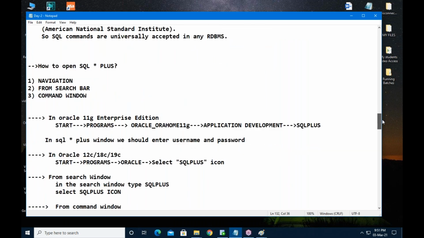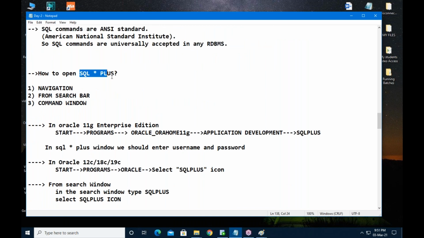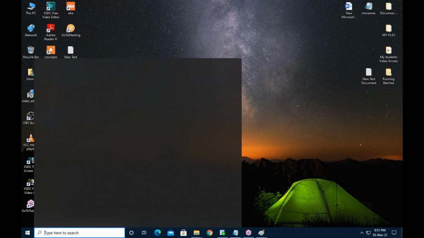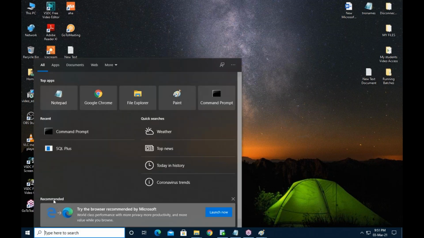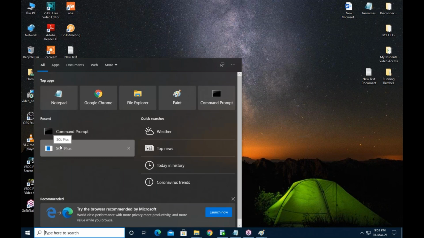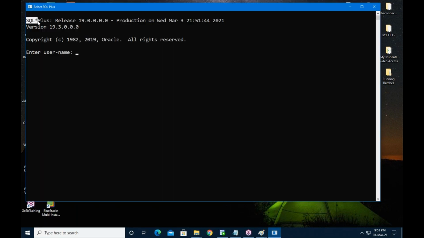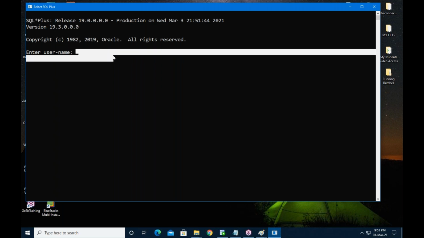And the last point for today, how to open SQL Plus. For example, go to the search window, type SQL Plus, select it. Your application will be started. And it is asking for your username and password.